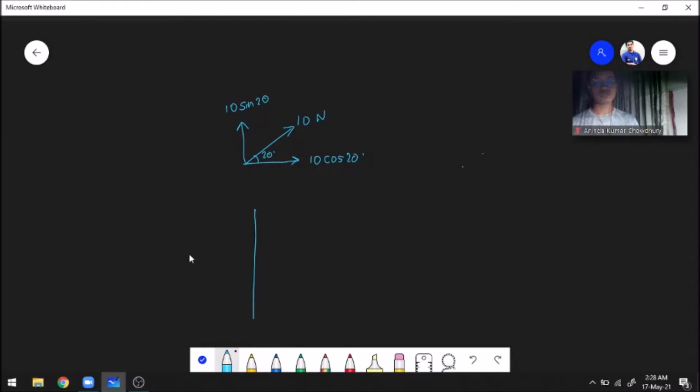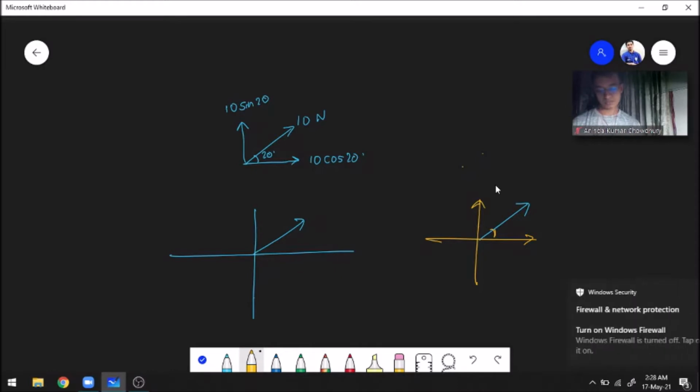And one more step we have to learn: how would you understand which two axes will contain the components of the force? Well, whenever you get a force, draw your axes. Draw your four quadrants. You can see that your force will lie between two axes in a single quadrant. The axes which contain the force will contain the components of the force. The axis which contains the angle will be the cos component, and the other axis will automatically be the sine component.